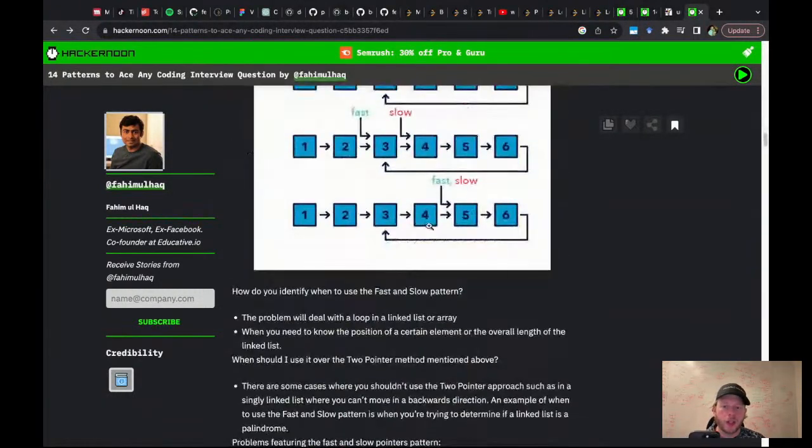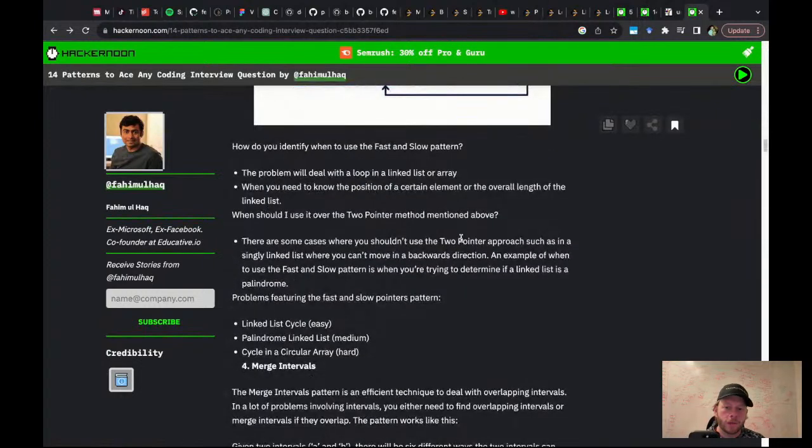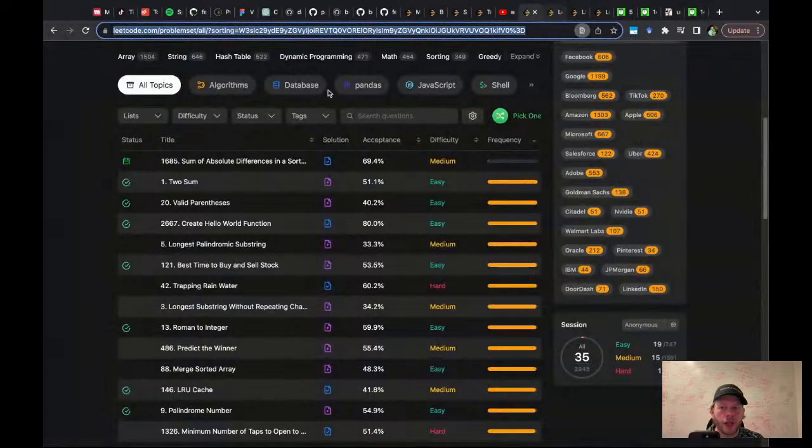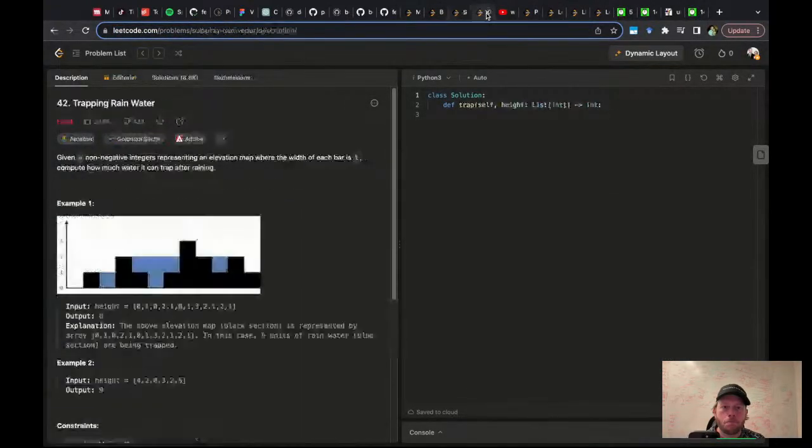I do want a fast and slow pointer. I feel like if I'm doing fast and slow, then I don't need a different two pointers. Plus, if I'm already doing 2-sum, the 2-sum solution has pointers in it, right? Let's go look at the 4-sum again. So I don't want trapping rainwater. I know this is a popular DP question. If you ask me trapping rainwater in an interview, I'm going to be so pissed, literally.